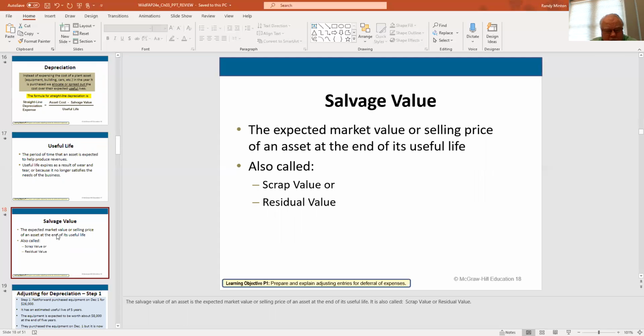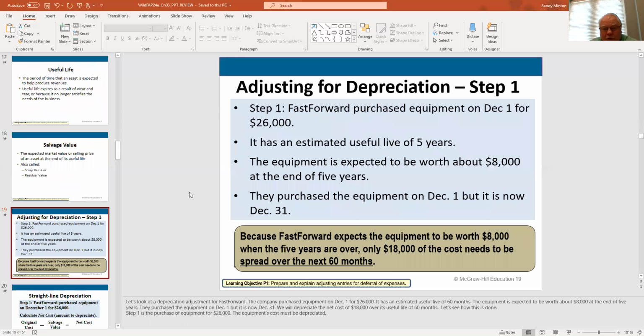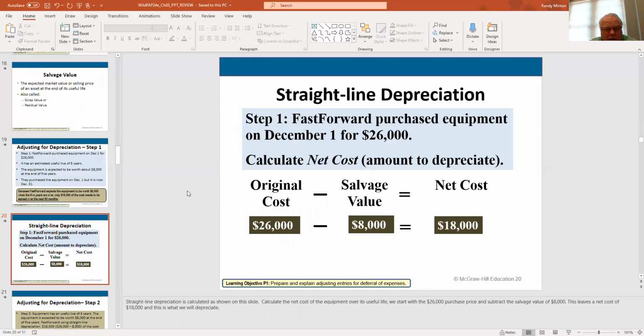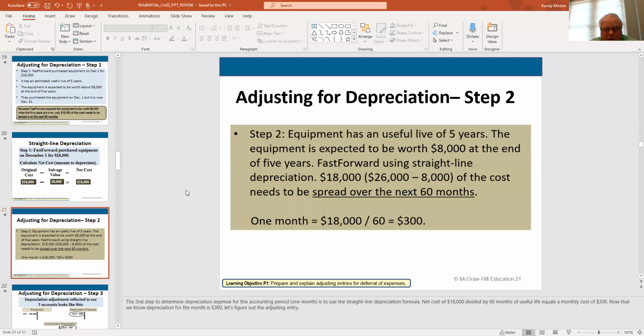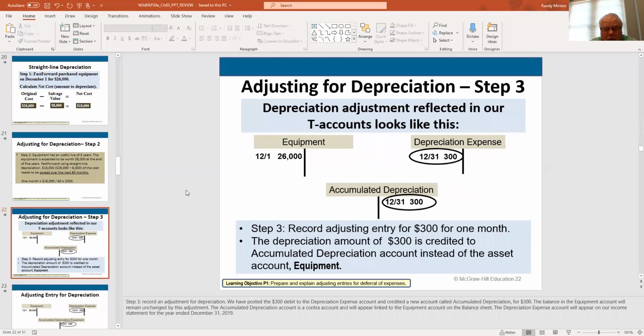To make the adjustment now, this is where it gets critical for you. And you can read all of this as you go through, but what I want to point you to is how you deal with the adjustment itself. So in this case, we had $300 worth of depreciation expense for 1 month apparently. And notice that we're going to debit depreciation expense, an entry to the left side of the expense, which makes the expense go up and equity come down.